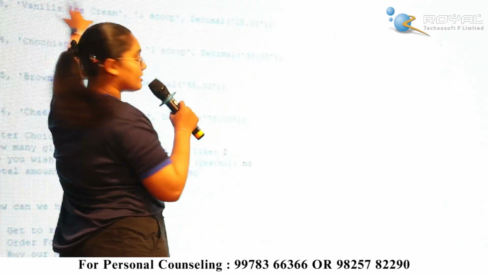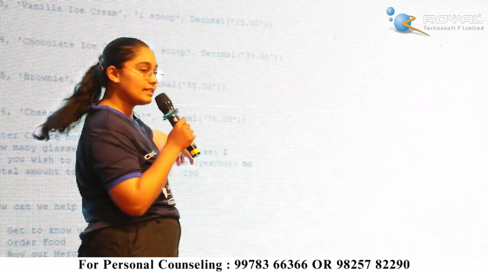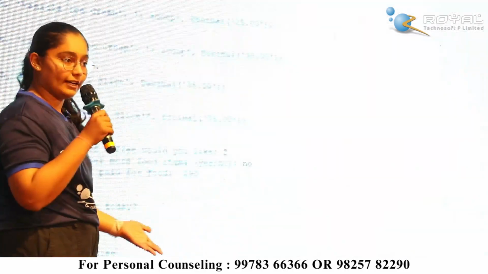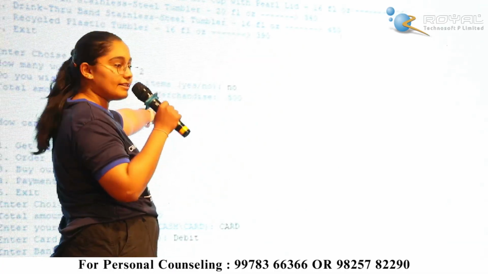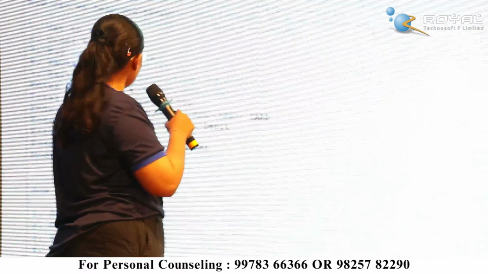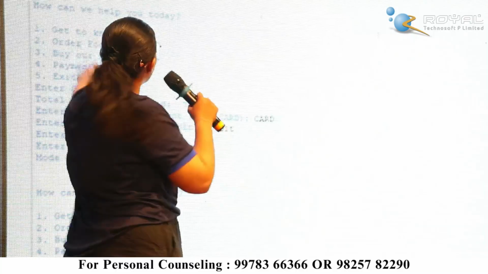For example, first here is cold coffee, so you will enter choice number 1. Then it will ask you how many quantities you want. And then it will say how much money it will cost in total. Then you will be asked if you want to buy merchandise or not. Then merchandise options. And after that, you will get payment details.